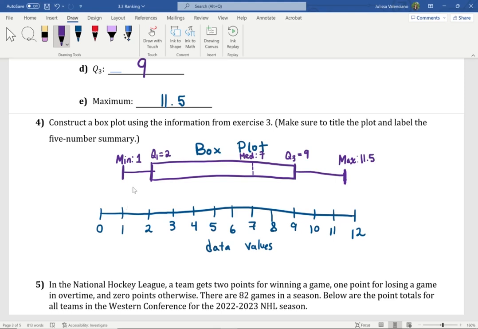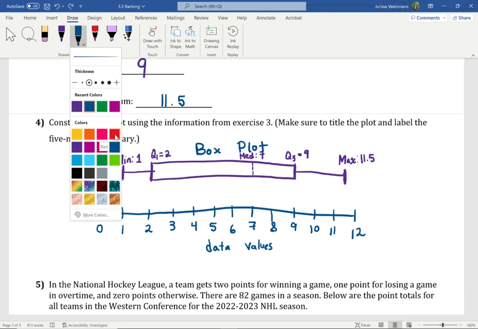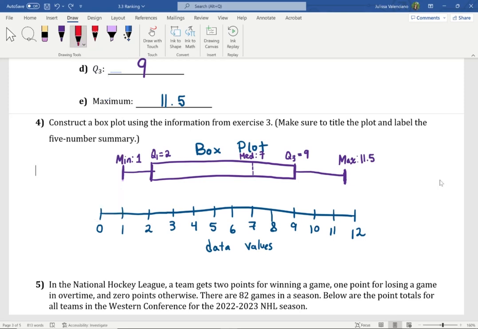Looking at this box plot, would you say that we have outliers? The answer is no. Why? Because the minimum and the maximum are not that far away from the box. That's how we know that there are no outliers. Now let's say that the maximum was something like 100. On the right hand side, we would see this line here go up to 100. Notice the maximum would be really far away from our box.